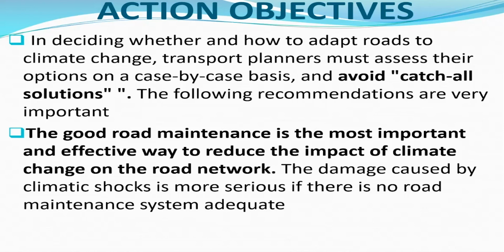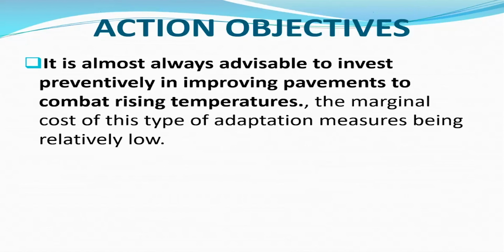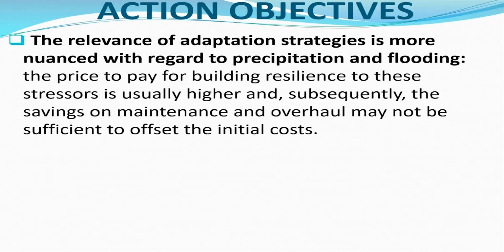Good road maintenance is the most important and effective way to reduce the impact of climate change on the road network. The damage caused by climate shocks is more serious if there is no adequate road maintenance system. It is almost always advisable to invest preventively in improving pavements to combat rising temperatures, the marginal cost of this type of adaptation measure being relatively low. The relevance of adaptation strategies is more nuanced